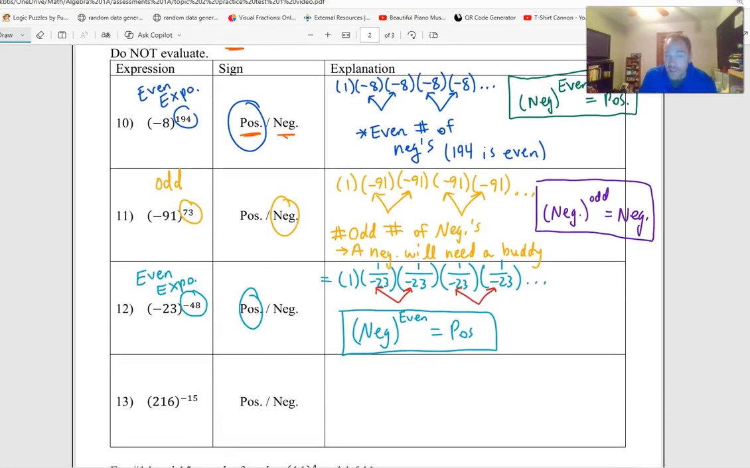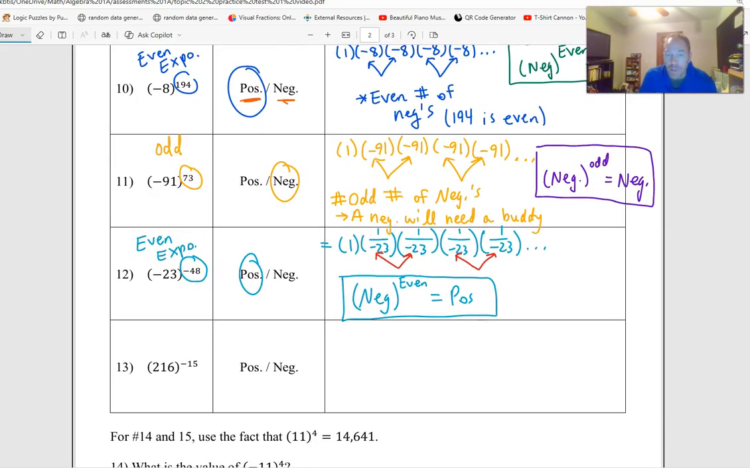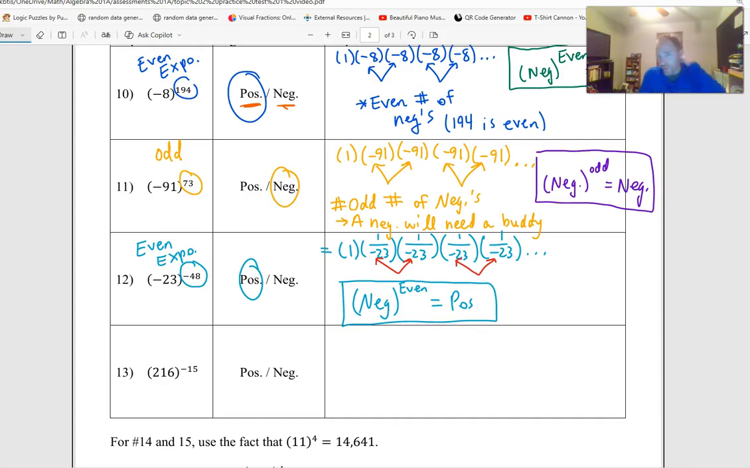This would end up being a very, very small number technically, 1 over whatever all those negative 23s multiplied would give you, but there's an even amount of those negatives. So every negative has a buddy, positive result. Okay. The last one before we get to 14 and 15, the last one in this table,